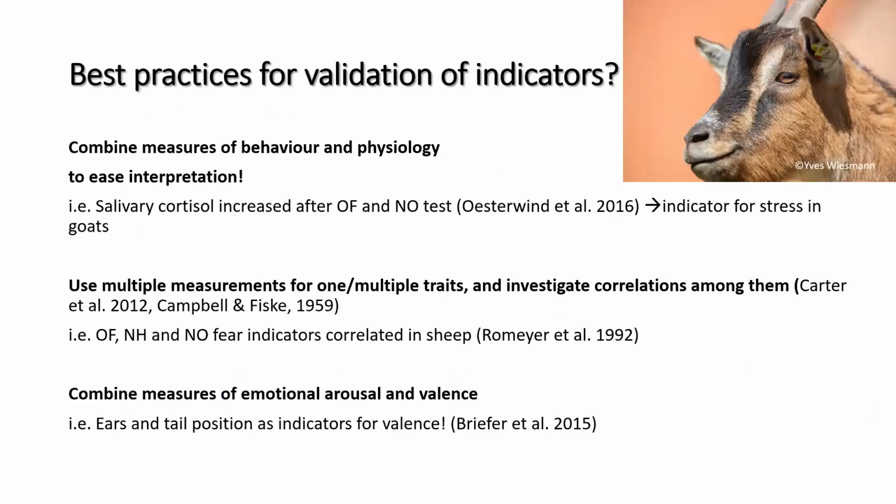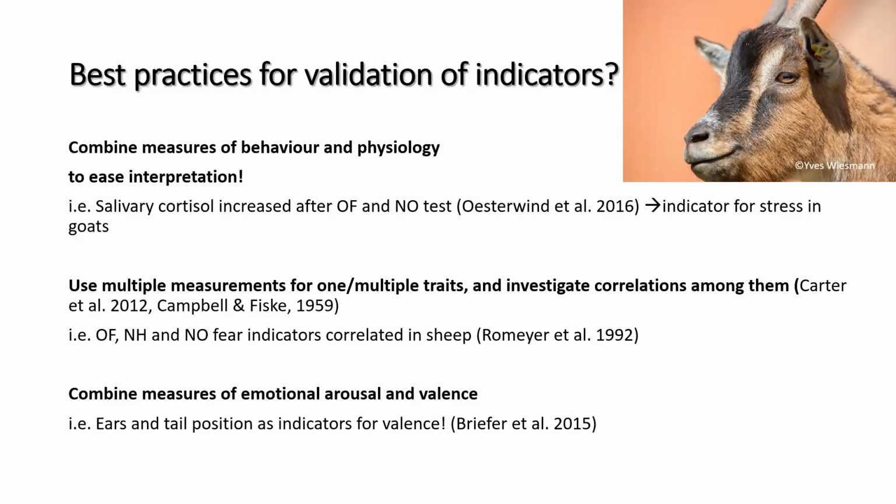So how can we best measure stress using reliable indicators? One possibility is to combine different measures of physiology and behavior, such as salivary cortisol during open field tests. Another possibility might also be the use of multiple measurements for multiple traits and investigate if there are correlations among them. An example would be the correlation of open field, novel human and novel object tests, like they did in sheep,